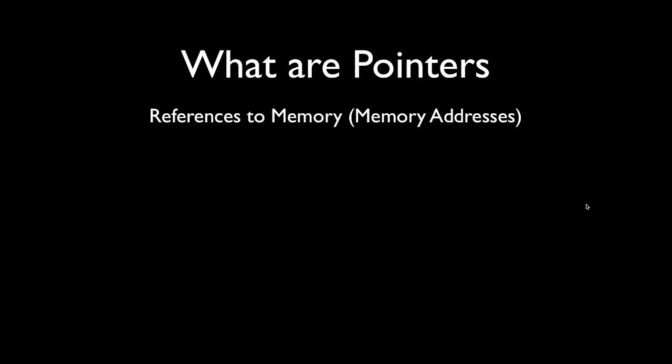Pointers are references to memory. They are memory addresses. They're used directly by the CPU to access and reference memory on the computer, or RAM. This is how you declare one. That asterisk is the difference between declaring a regular int and a pointer to one or many ints. That's how you declare a pointer, that asterisk.